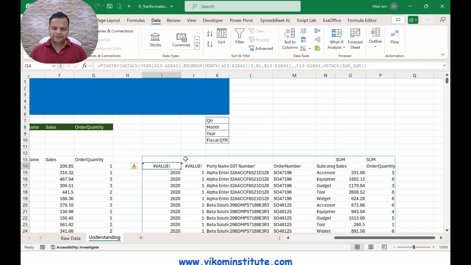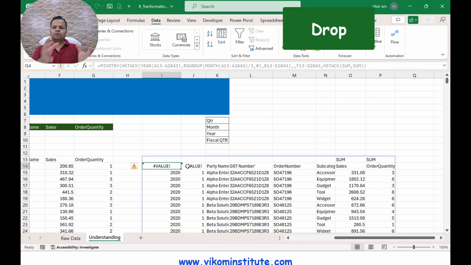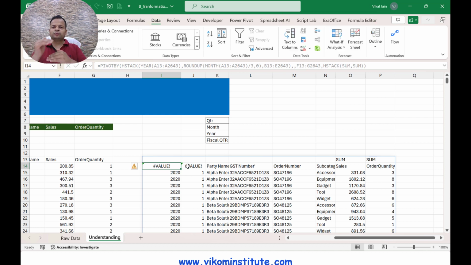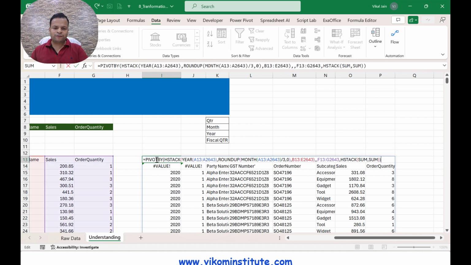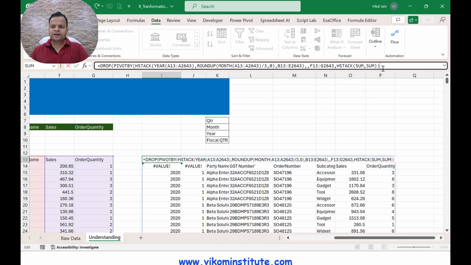Now I don't need these first two rows, so what I will do is use another function called DROP. DROP is going to drop a number of rows or columns from the top, from the bottom, from the left and right. So I'm going to use the DROP function over here. Now it is asking me for the array, this whole thing is your array, comma at the end, comma, and it is asking how many rows you want to drop.